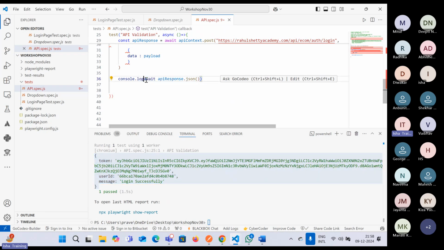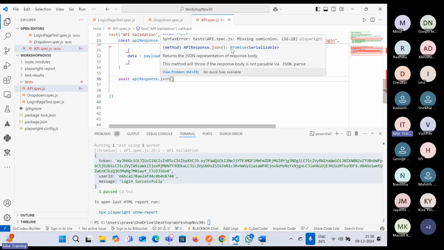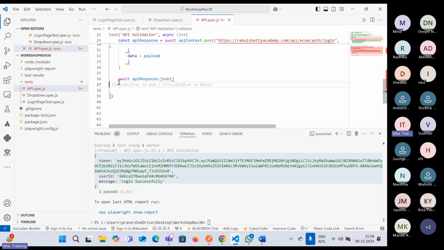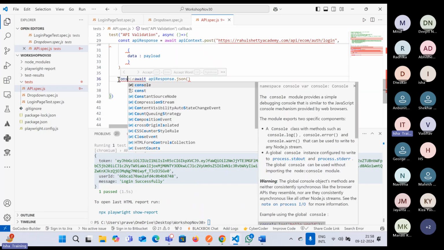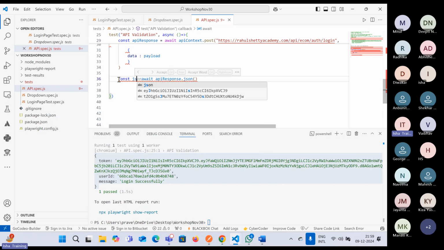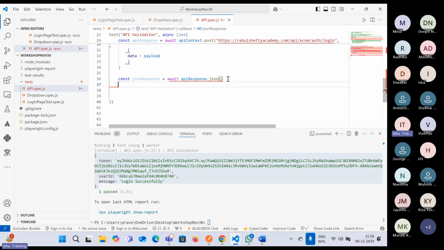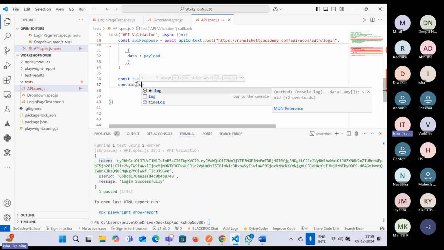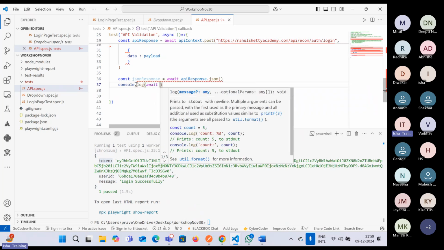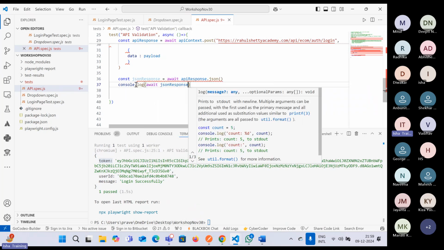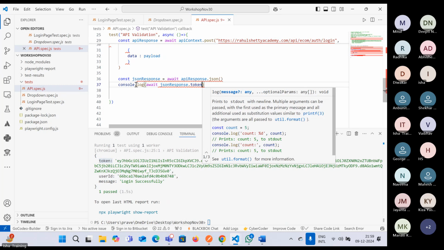So what I'm talking about over here is, instead of printing this, this JSON will return us some kind of value, so we can store it inside a variable. Let's say const, I'll call it JSON response. And if you just have to get the token value from the complete response, we can print it out over here. Let's say console.log and just write await JSON response dot,